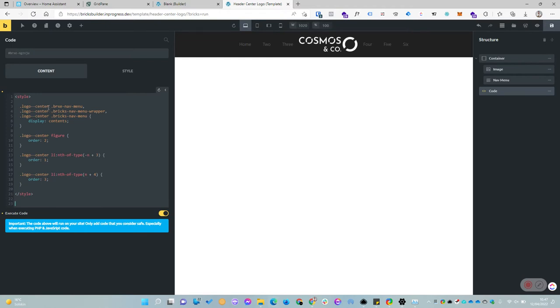So I have a class on the container called logo sender, and from there I'm targeting the div. That's the first div around the nav. Then I'm targeting the nav itself, and then I'm targeting the UL. And for all those, I do this display contents. And display contents is a way to